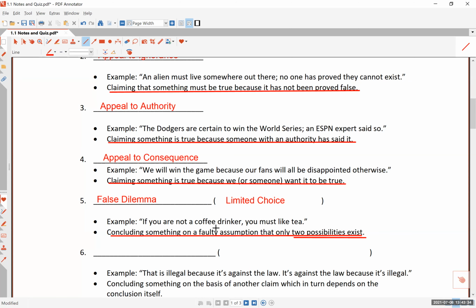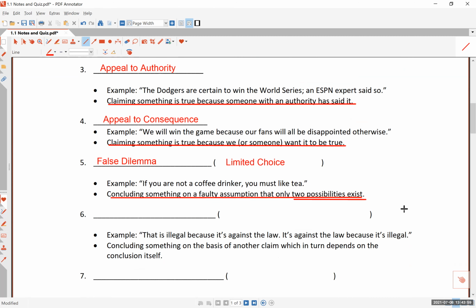Okay, so here's an example. Oh, you are not a coffee drinker, so you must like tea. Okay, and of course, the problem is here, right? I mean, somebody could be neither a coffee drinker nor a tea drinker. Somebody could be both. So this kind of statement is assuming that you are one or the other, and you don't have any other options. Okay, so this is called the limited choice fallacy, and this really is also popular, much more so than you